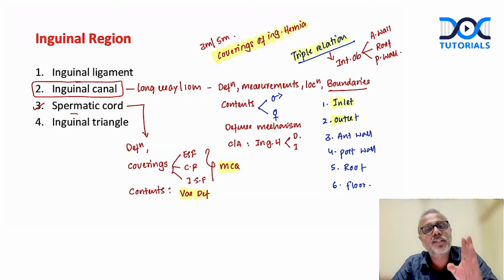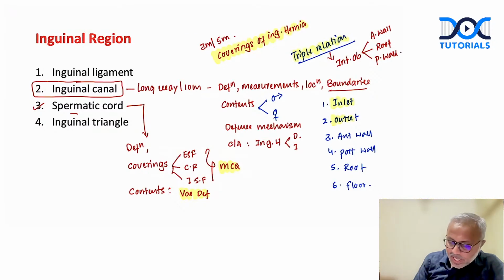So the first structure all of us should write is the vas deferens. After you write the vas deferens, talk about the vessels in terms of arteries and veins, and then talk about lymphatics, then talk about the nerves that pass through the spermatic cord. But this is how you should write it.